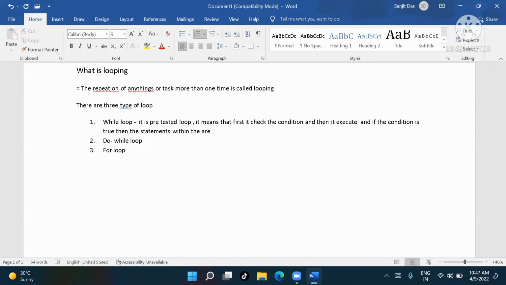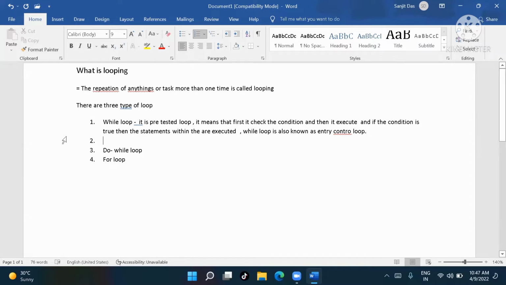And this while loop is also known as an entry control loop. Got it?